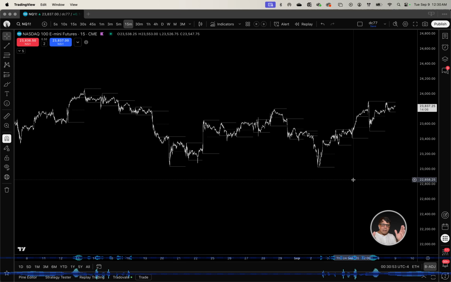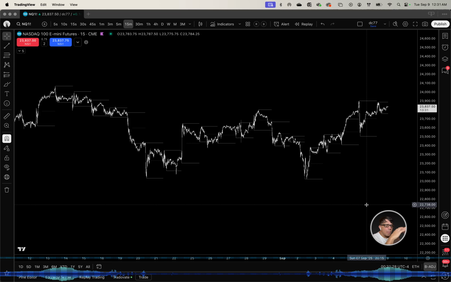So, we're going to talk about an indicator right here. It is an indicator that I did not make. However, I use it on my charts every single day. And I think that for a beginner or for someone who is relatively new to trading, looking to find their bearings, this is where you start. Because this gives you an overview of the price action in New York. We're not talking about New York AM, New York lunch, New York PM. Look, we're talking about New York as a whole.